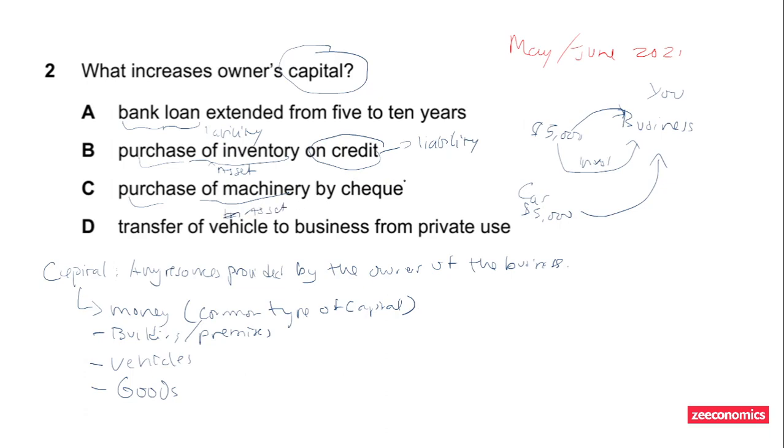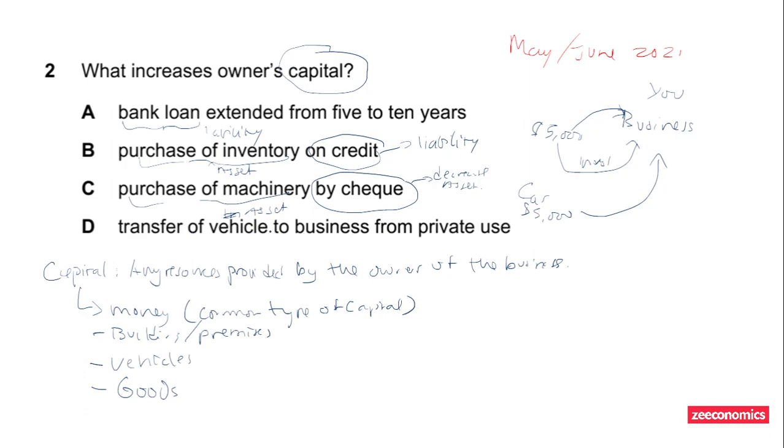And since you are using a check, which in this case is by the bank, of course, your assets at the same time also decrease. Okay, so we are only left with option D,